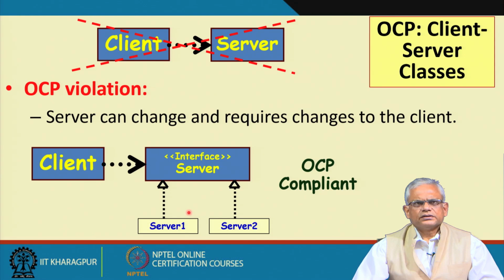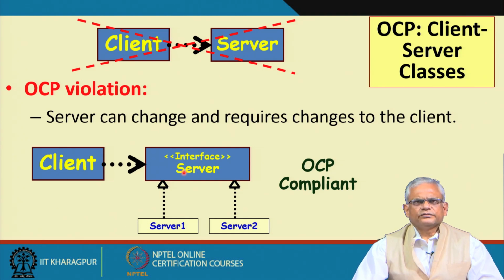In this case, the client does not get affected even if a certain server has a problem, either a performance issue or a bug. The client code does not have to get recompiled, and bugs cannot propagate to client code, because we are just invoking an interface. The interface itself does not change,